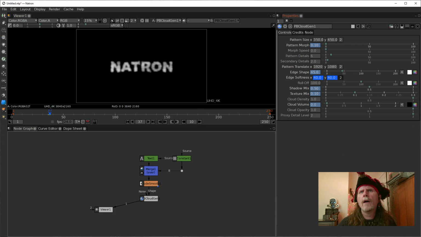I think I want to set a key here, for the cloud density, because we're going to be fading this at this point from this to 0 using the density